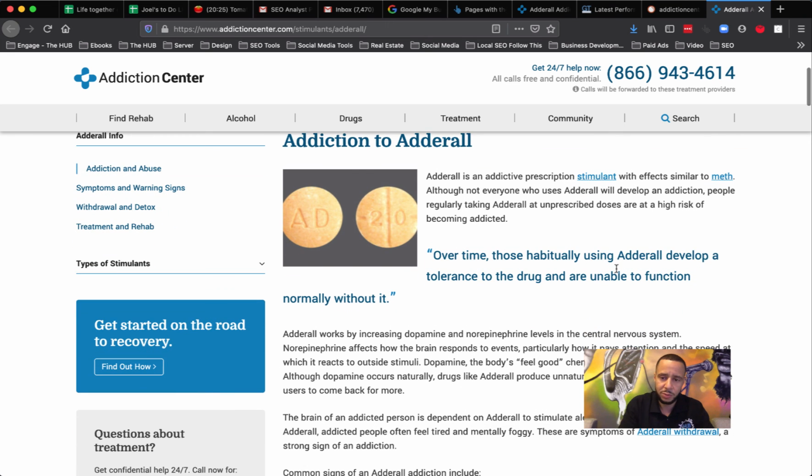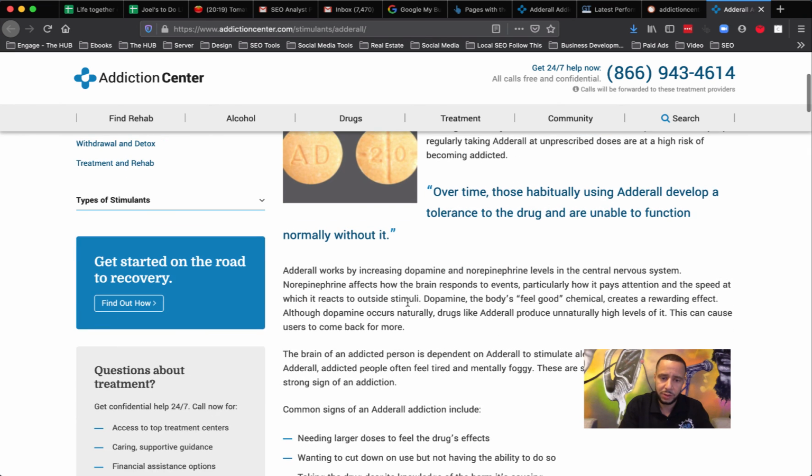Over time, those habitually using Adderall develop a tolerance to the drug and are unable to function normally without it. Adderall works by increasing dopamine and norepinephrine levels in the central nervous system. Norepinephrine affects how the brain responds to events and how it pays attention, and the speed at which it reacts.